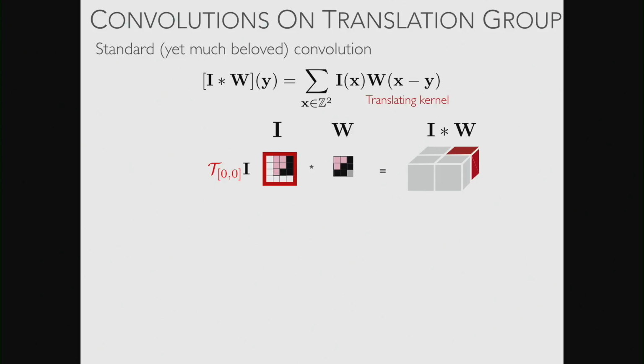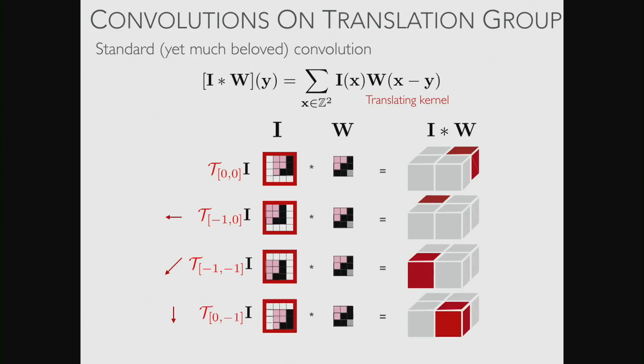You can see why that works, because you've got a 4x4 image and a 3x3 kernel. So you could take the kernel in the top right position and take the inner product there, or you could move over 1 pixel left, 1 pixel down, or 1 pixel down and left. Those are the only inner products you can do, which will give you a response like this. Now, if I were to move my input image to the left inside this image here, then my response would all move left. Down and left, and down.